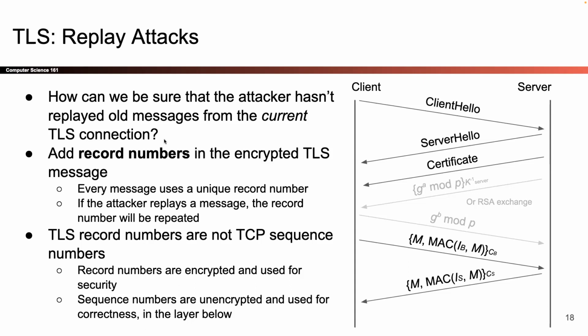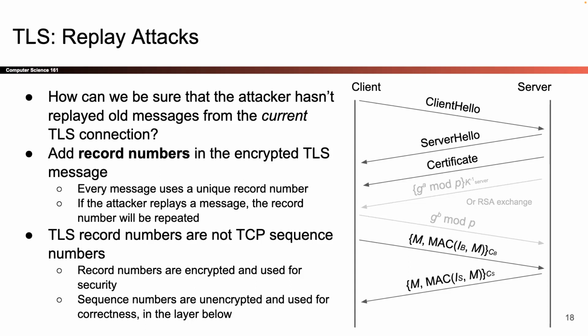Okay. So I think timestamps are the cleanest way to think of it intuitively, but in real life, a lot of people don't use timestamps, and instead they use record numbers. Record numbers are basically the same as timestamps. They're just a unique counter that goes up for every message. So you can either think of it as a timestamp, or you can think of it as this counter